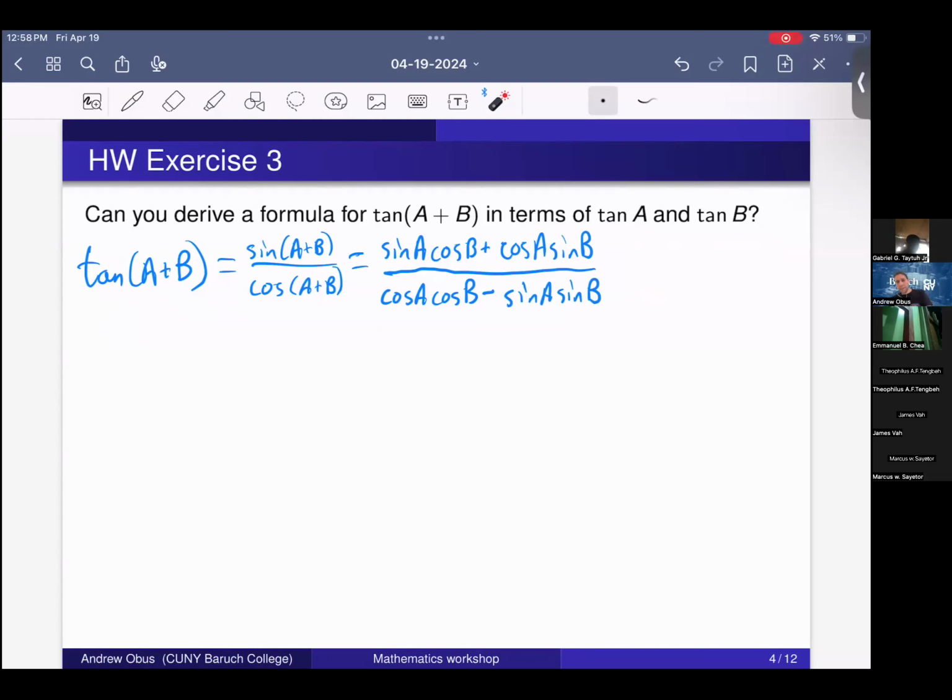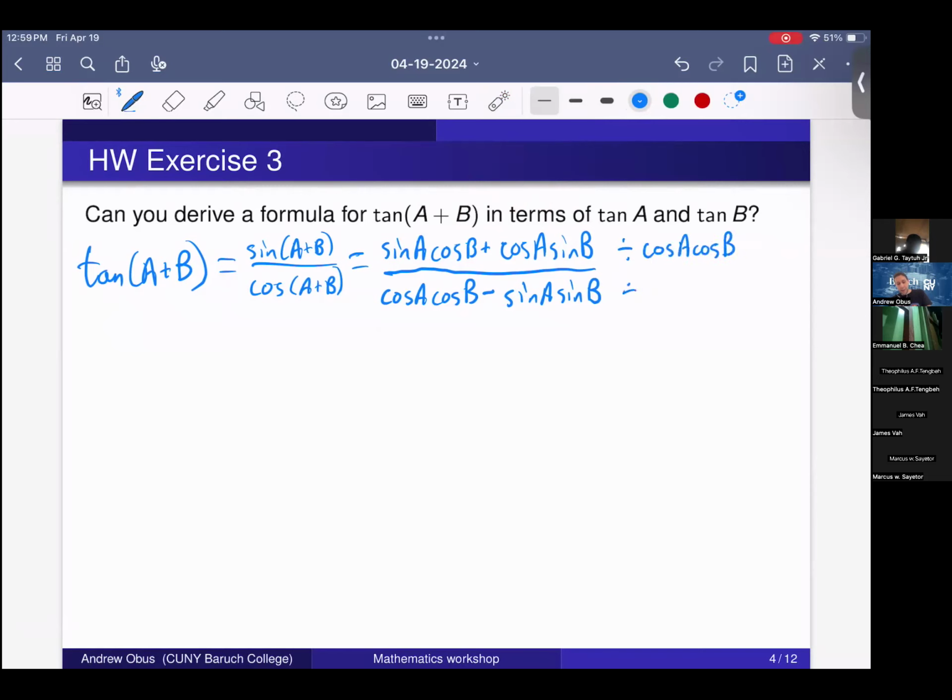So does anybody see a way that we can take this expression and rewrite it so that instead of involving sines and cosines, it involves tangents instead? Yes, what do you do? You can divide by cos A cos B. Exactly. So what we're going to do is divide both the numerator and the denominator